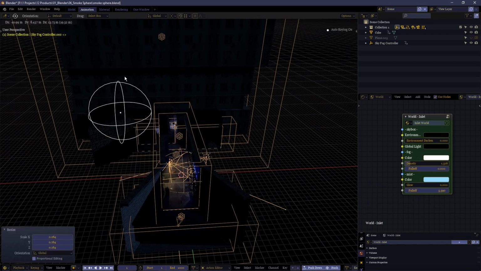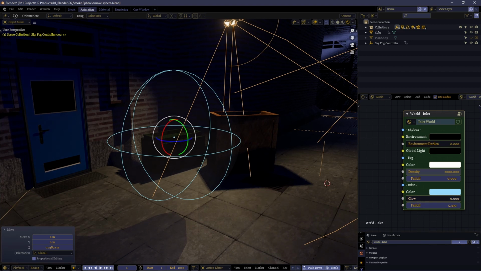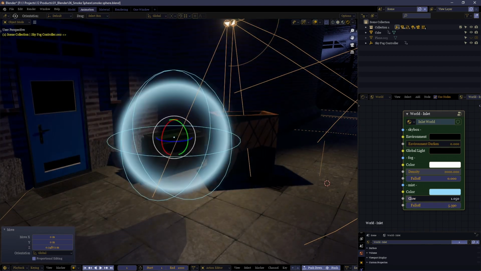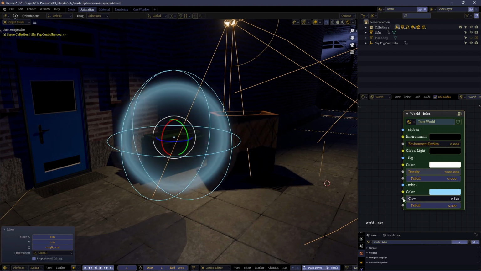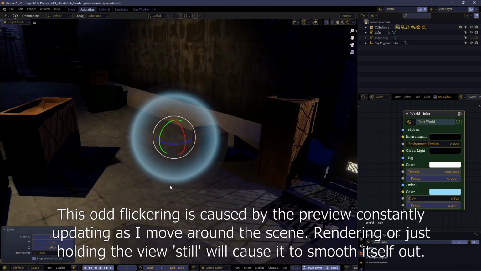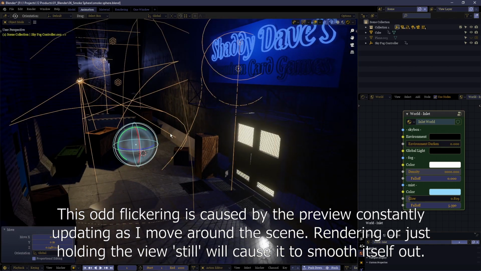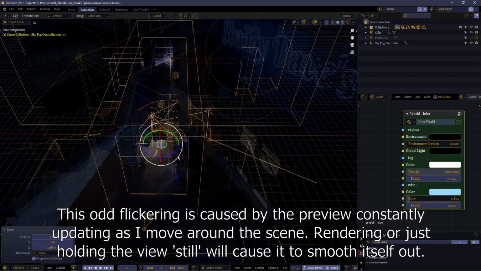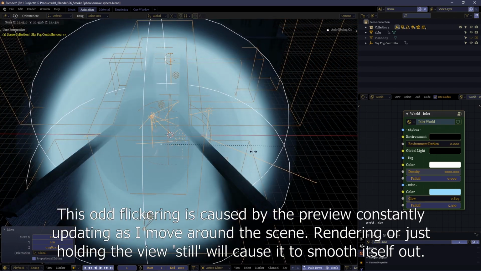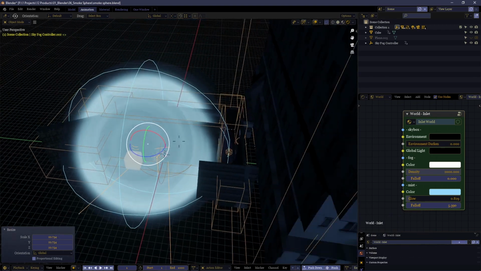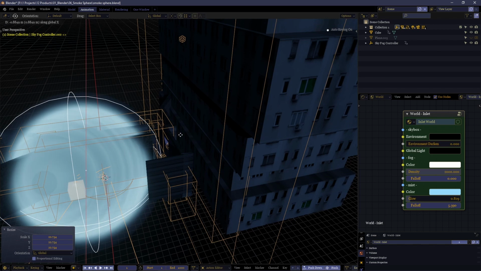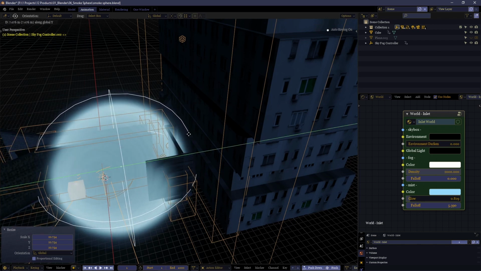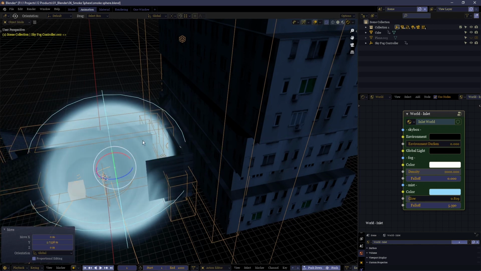We can see by bringing this controller down to a smaller size that the fog exists only within this sphere, this empty, and nowhere else in the scene. That means that if we want to have a fog in only a certain environment, we can just encase only that environment and the rest of the scene will be unaffected. This, incidentally, also decreases your render time, since it's only calculating it in the specific places you require this effect.